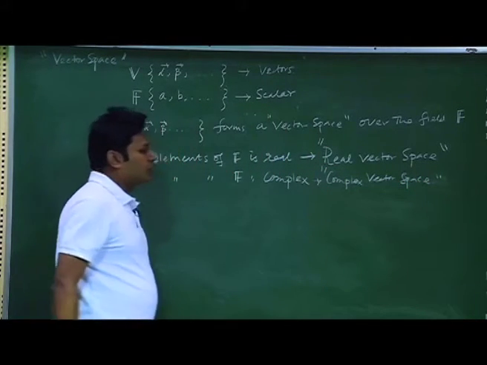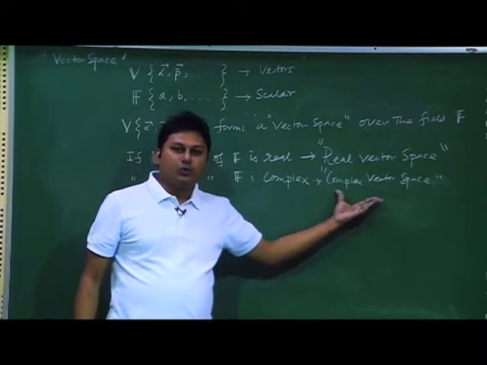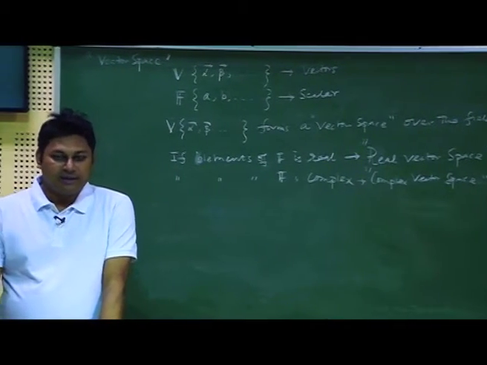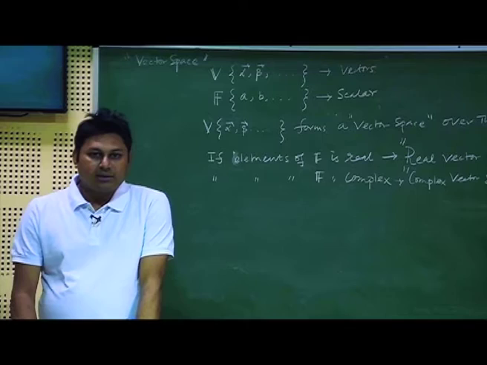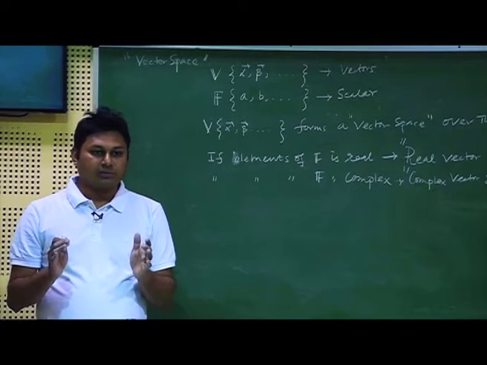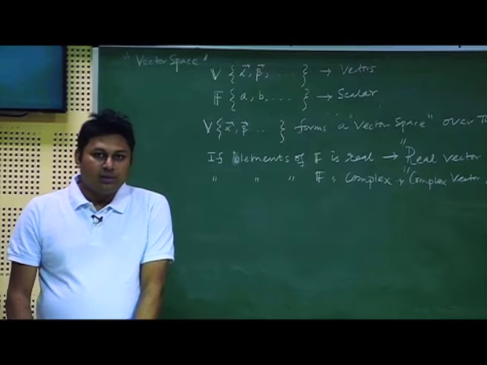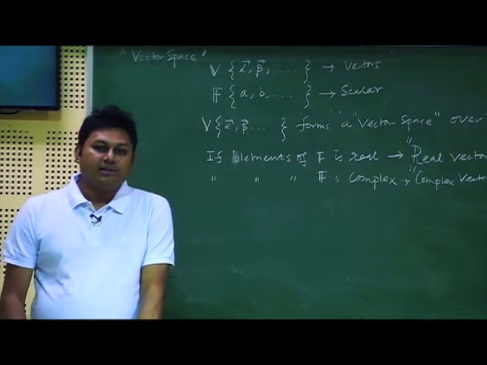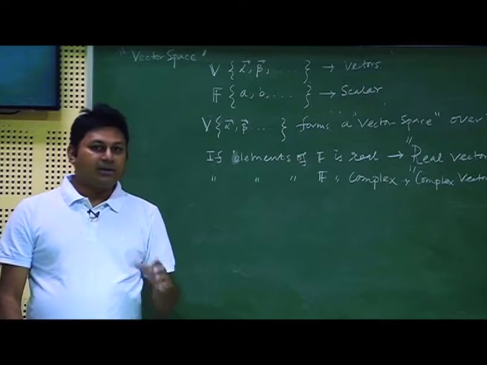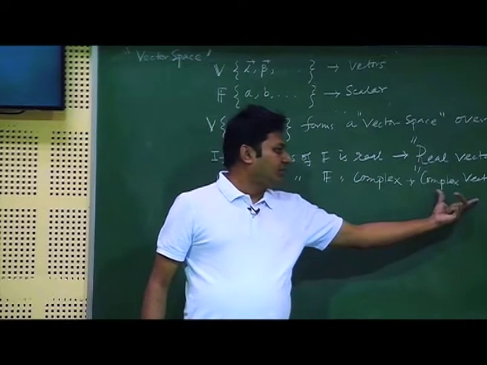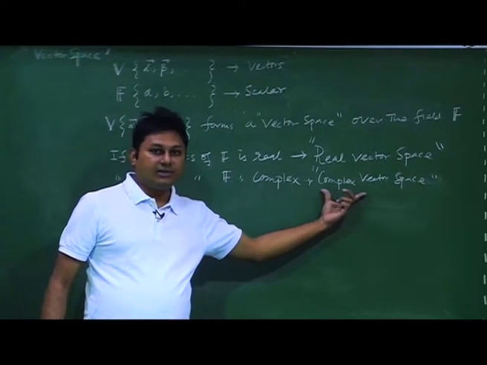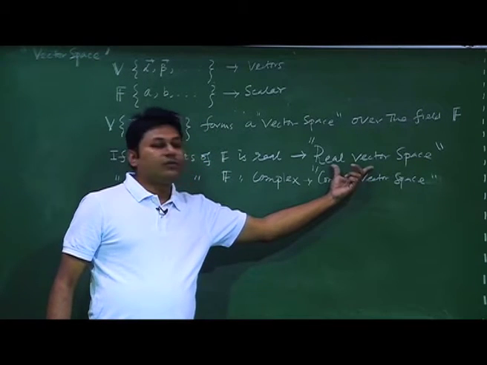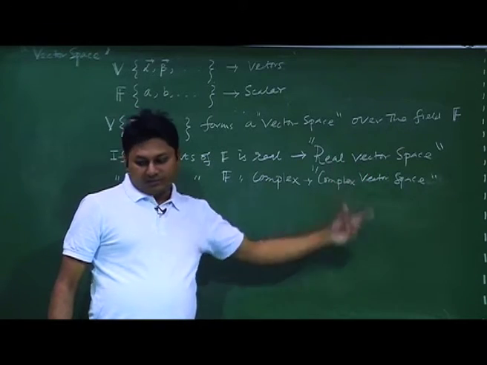Which is very important in quantum mechanics. In quantum mechanics, I should mention that for physics this complex vector space is very important, because in quantum mechanics the state function psi is considered to be a vector. Obviously it is not a normal vector you think of, it is a state vector, and these state vectors are forming a vector space over the complex field. So that is why it is a complex vector space. So this term is important in quantum mechanics. However, in normal cases we always deal with the real vector space.